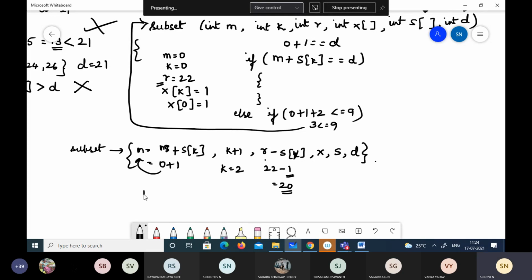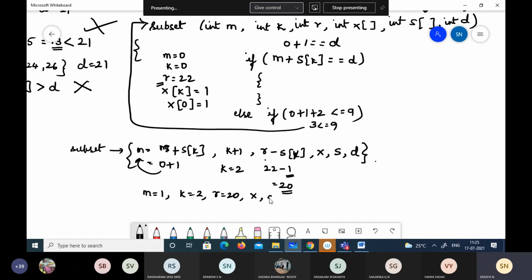Now with these new values of m, see here r equal to 20 and x, first we have selected the first one. So we have selected the first number. So in the solution we'll have that the first element is selected.